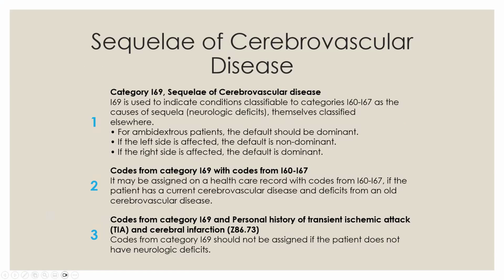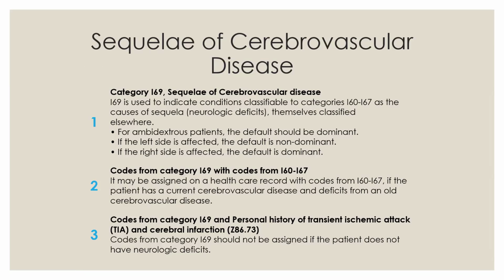So now we're going to discuss sequelae of cerebrovascular disease. Number 1, category I69 for sequelae of cerebrovascular disease. Category I69 is used to indicate conditions classifiable to categories I60 through I67 as the causes of a sequela neurological deficit, themselves classified elsewhere. These late effects include neurological deficits that persist after the initial onset of conditions classifiable to